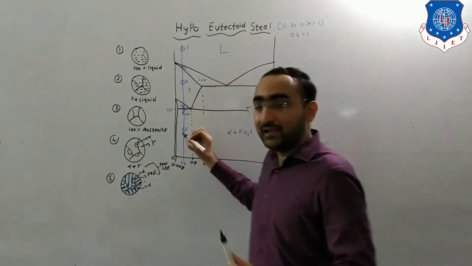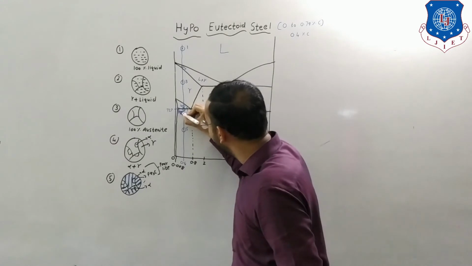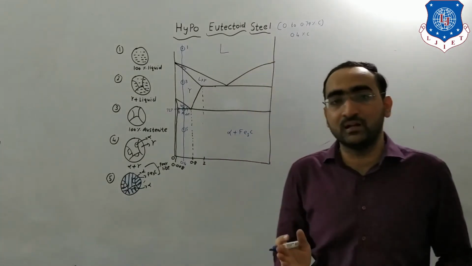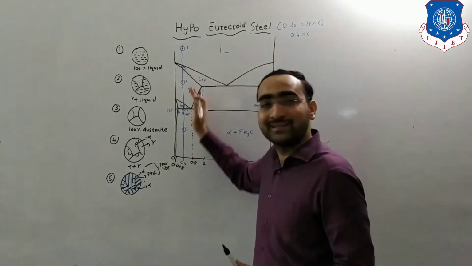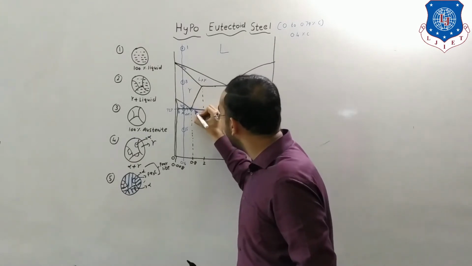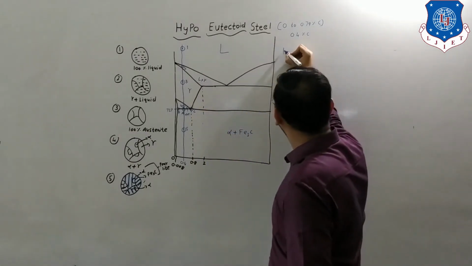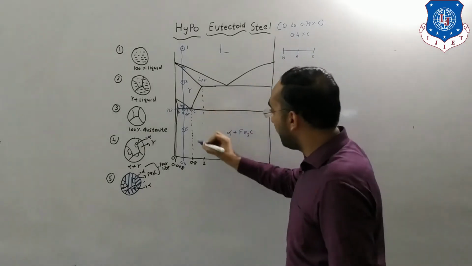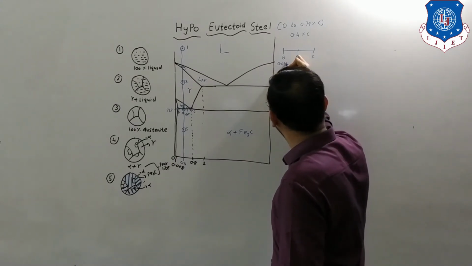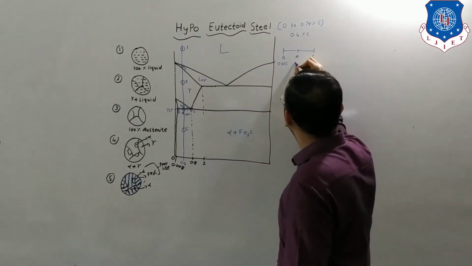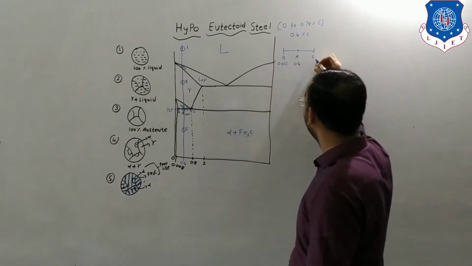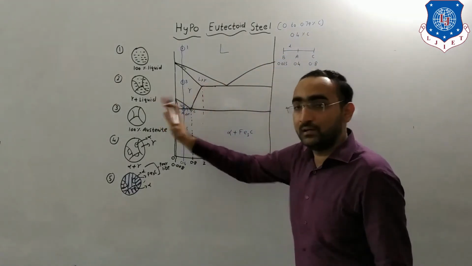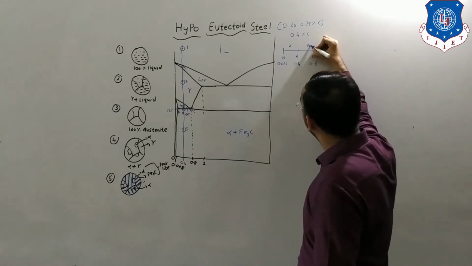Ferrite is present over here, so this point will become B. And 100% pearlite is present at which percentage carbon? 100% pearlite occurs at 0.8, so this point will behave as point C. Now let us take it over here: B, A, C. B lies at 0.025, A lies at our required portion 0.4, and C lies at 0.8. Here the ferrite region is present, and here the pearlite region is present.